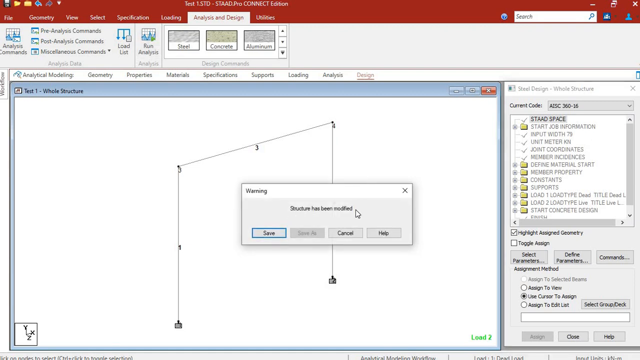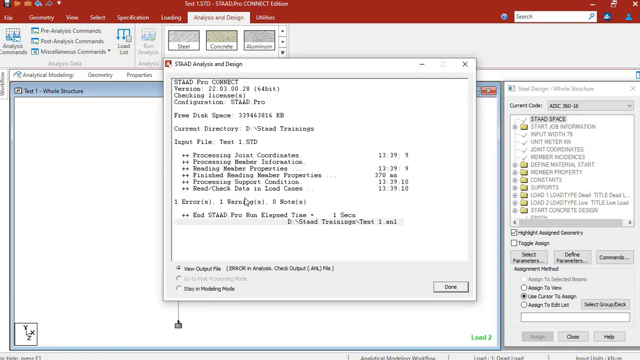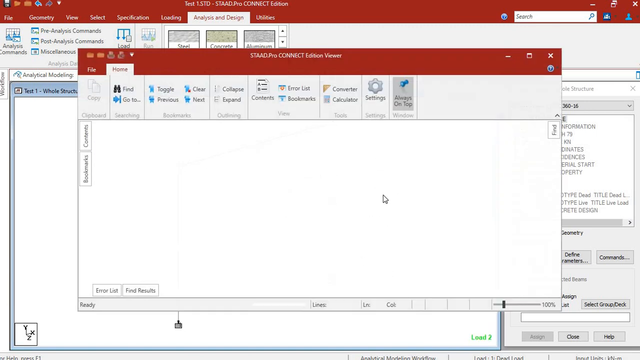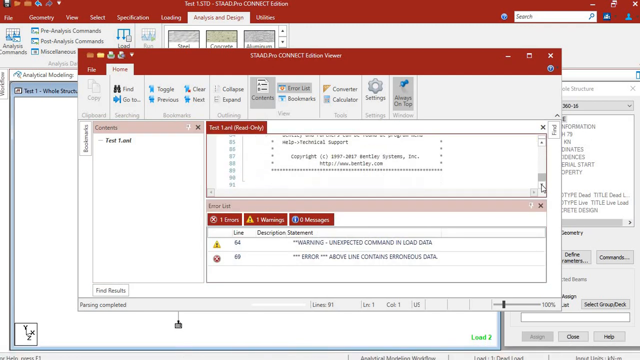It asks whether the structure has been modified, whether you want to save it or not. Before running, it will ask for this, so I am saving it. Now it will run the structure and it will give you the results. As you know, here I have not given the perform analysis command. That's why it is showing me this